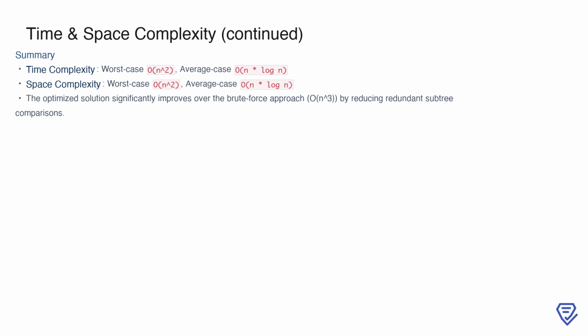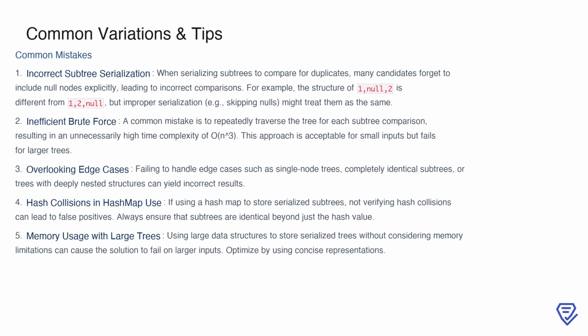By using serialization and a dictionary, we achieve a much more scalable and efficient solution for detecting duplicate subtrees. One of the most common mistakes when solving this problem is incorrectly serializing subtrees. It's essential to explicitly include null nodes in your serialization, as omitting them can lead to incorrect comparisons. For instance, the structures 1, null, 2 and 1, 2, null are distinct, but skipping null nodes might treat them